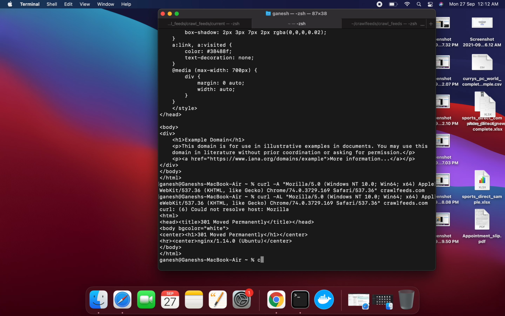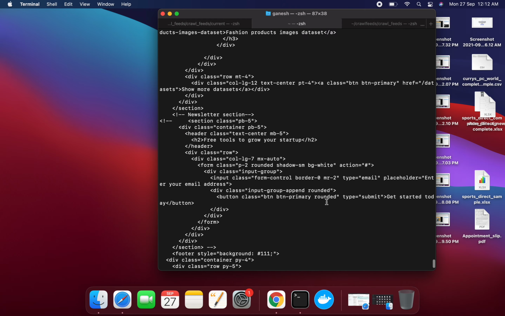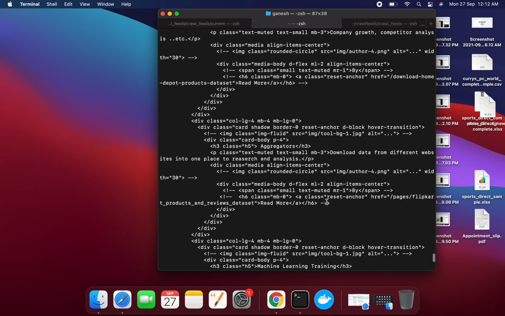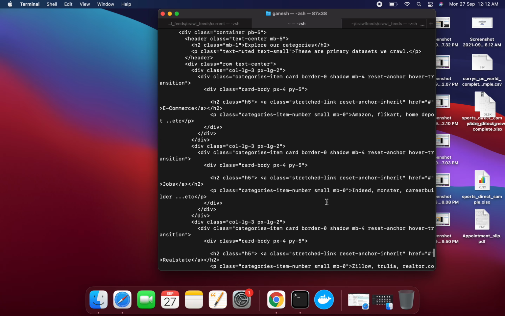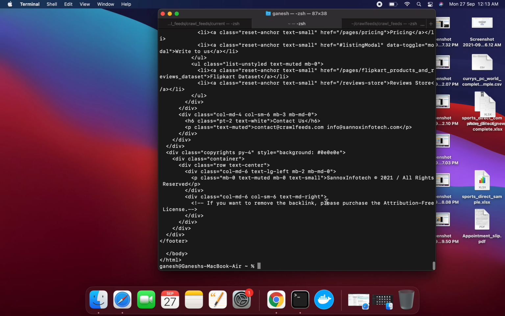So we'll try again, -L and -LA. Yeah, so the order I mentioned was different. Now we got it, right? Now this is the source code where we sent a GET request with a different user agent. And that's it for today.